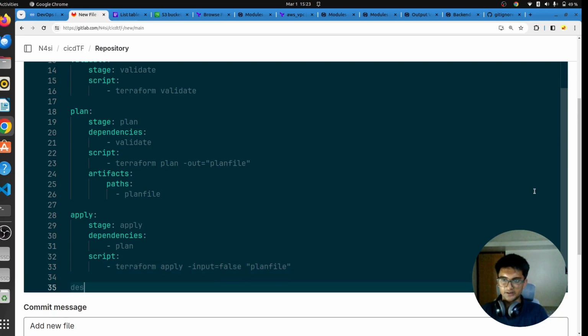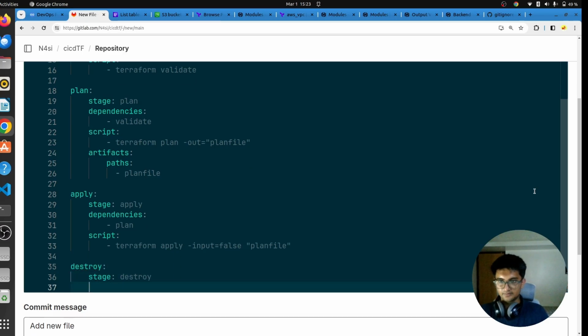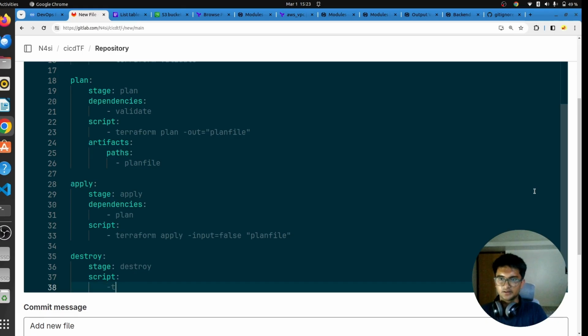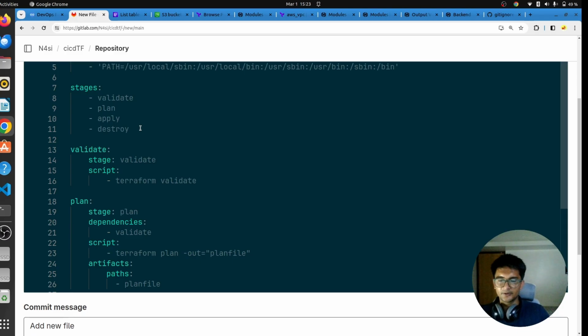Lastly, we have the destroy job. This job belongs to the stage which is destroy, and it runs a command which is going to be terraform destroy -auto-approve. So I'll say terraform destroy -auto-approve. So these are the 4 stages that we want to be automated using CI/CD, but there's still a problem